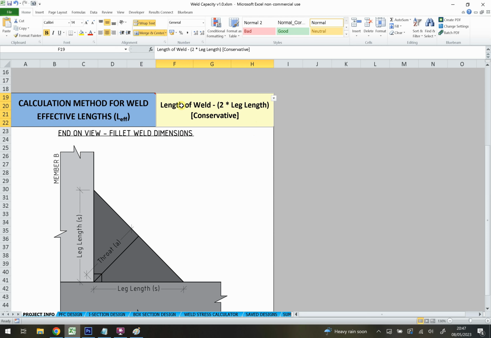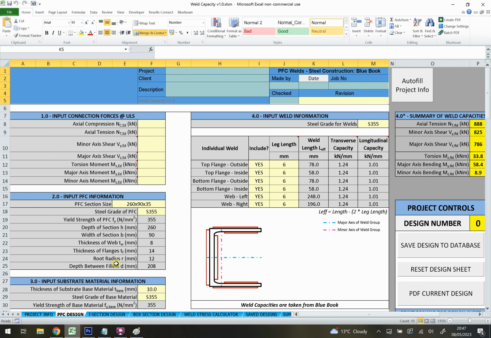Do you want to use length of weld minus 2 times the leg length, which as I mentioned before is conservative, or do we want to use length of the weld minus 2 times the throat width, which is obviously you get a bit more capacity out of that one. Okay. So that's what this is doing,